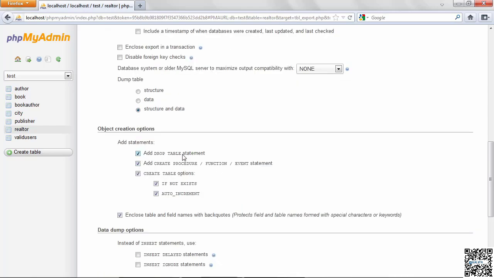Now I want to add a drop table statement, and I'm going to deselect the create procedure function event. I don't need that here. What the drop table statement is for is if I'm going to make improvements to this table now by running code, I can drop the table first and then run it again with my improvement, so it'll constantly refresh it